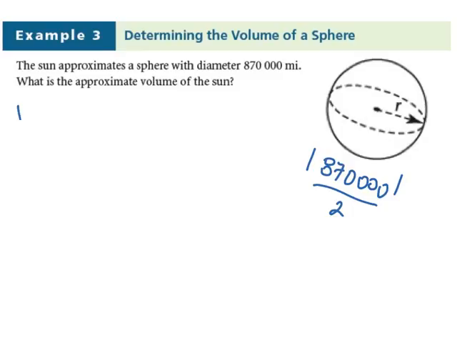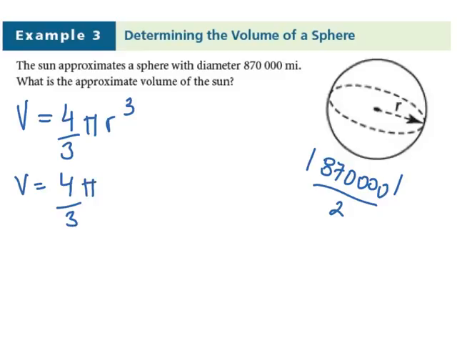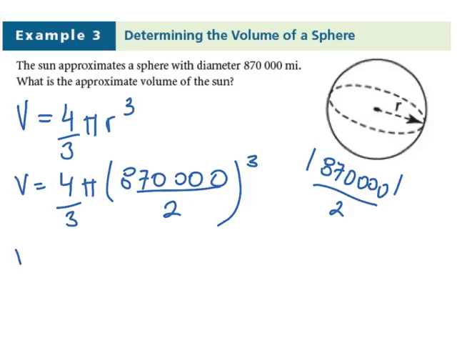Volume of a sphere is 4/3 pi r cubed. In this case, you just plug it in. 4/3 pi r, which is 870,000 divided by 2. Don't forget to cube it. So volume is